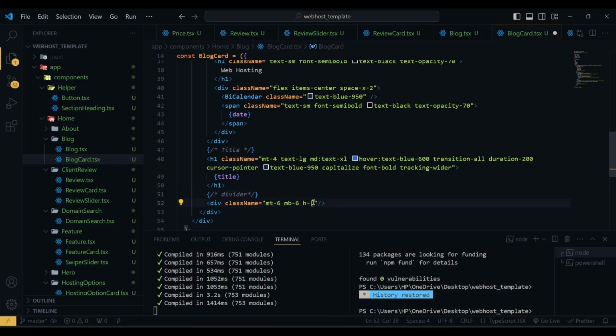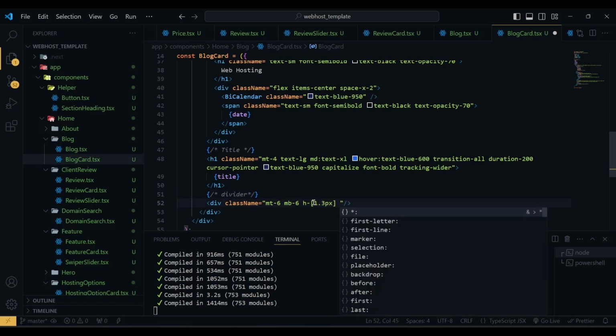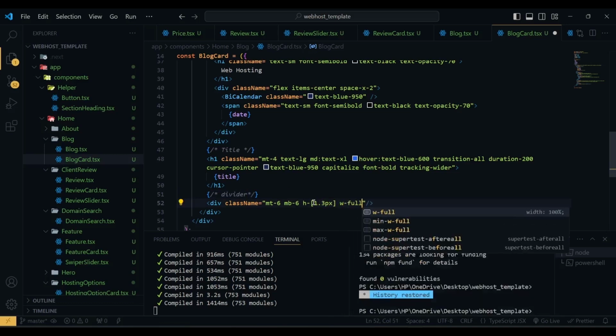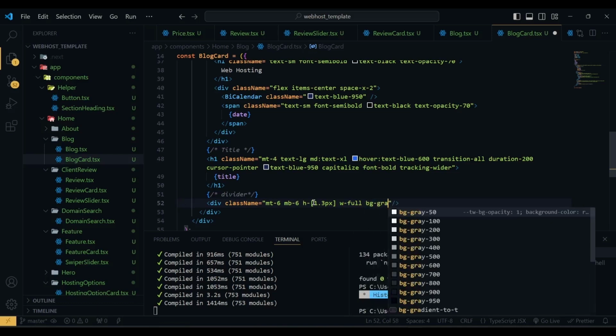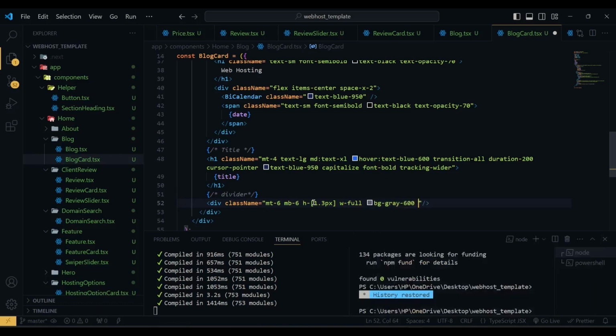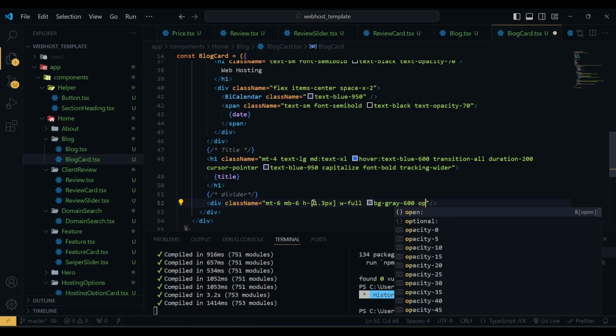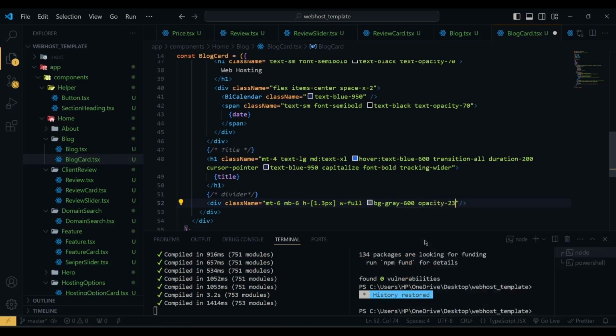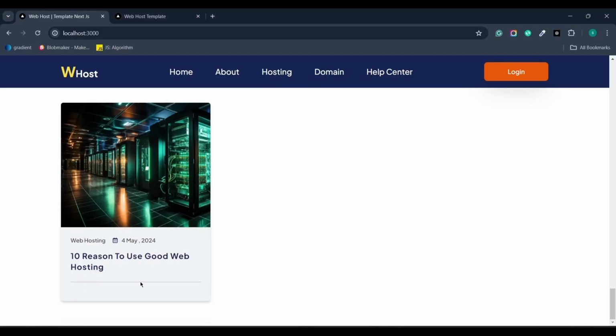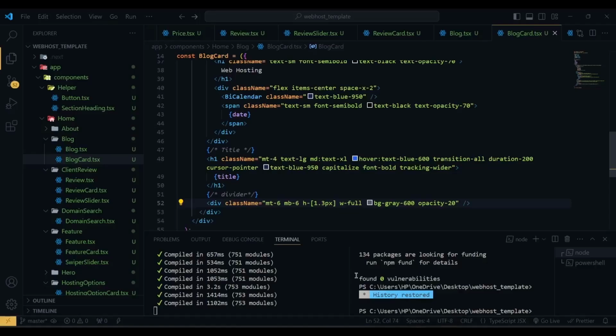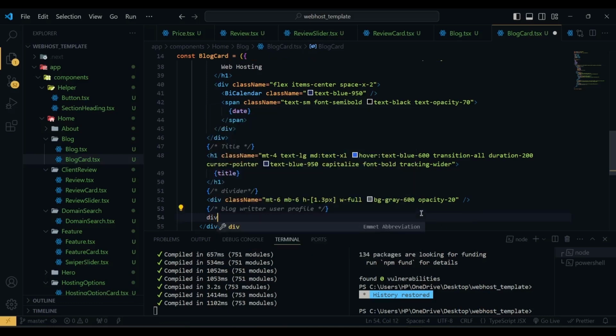So here height will be 1.3 pixel, width will be full, bg will be gray 600, opacity will be 20. Now if I save, here you can see we have our divider. Then we have our blog writer user profile. So here we have a div